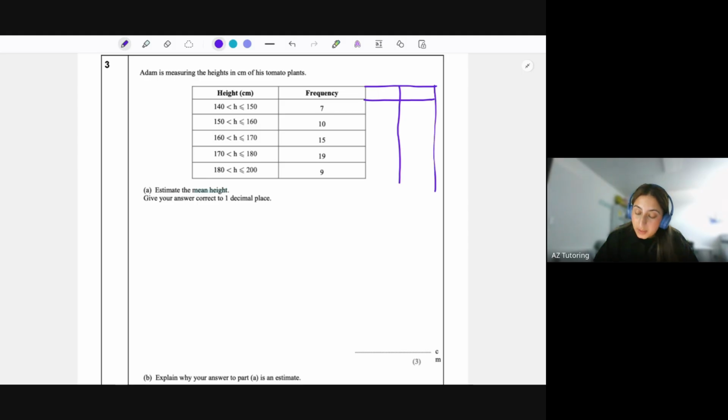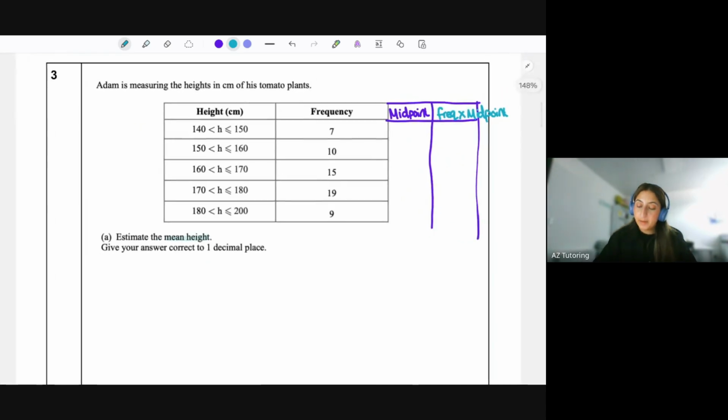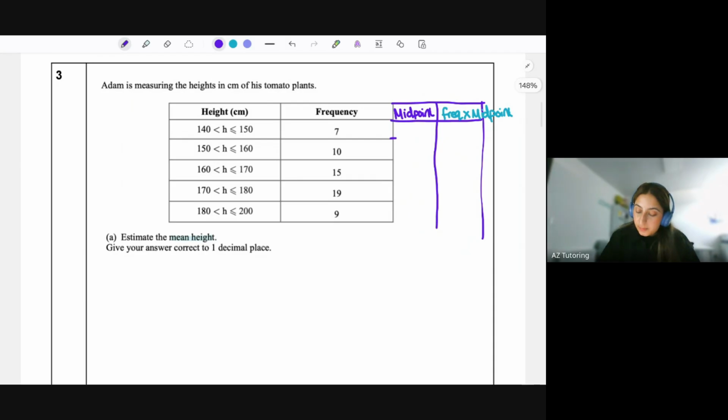So first of all, we need the midpoint. If the height was just in single numbers, for example, 140, 150, then we don't need the midpoint. But because we've got a group, we've got a range, we have to find the midpoint of that range. So first of all, we're going to do the midpoint, and then the last column is going to be the frequency times the midpoint. Okay, so if I just complete this table,